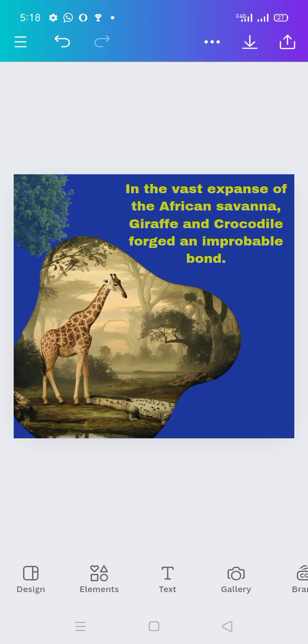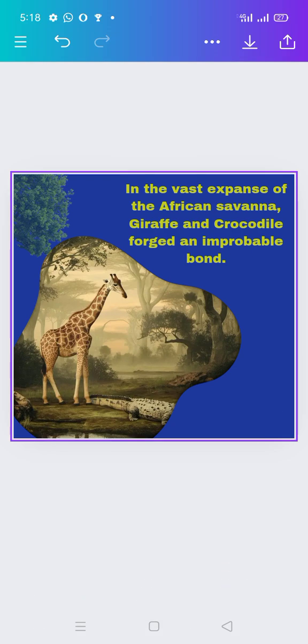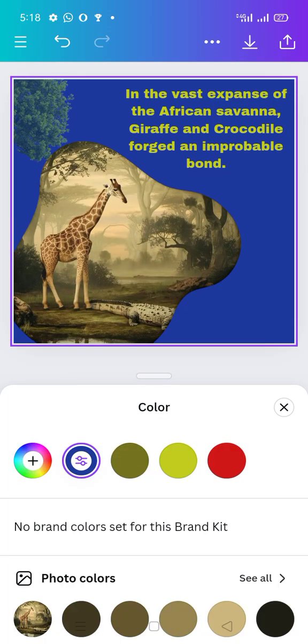Then okay, then I'll be changing the background color. I don't love the color. I'll be changing the background color. So I'll save this and continue in the next